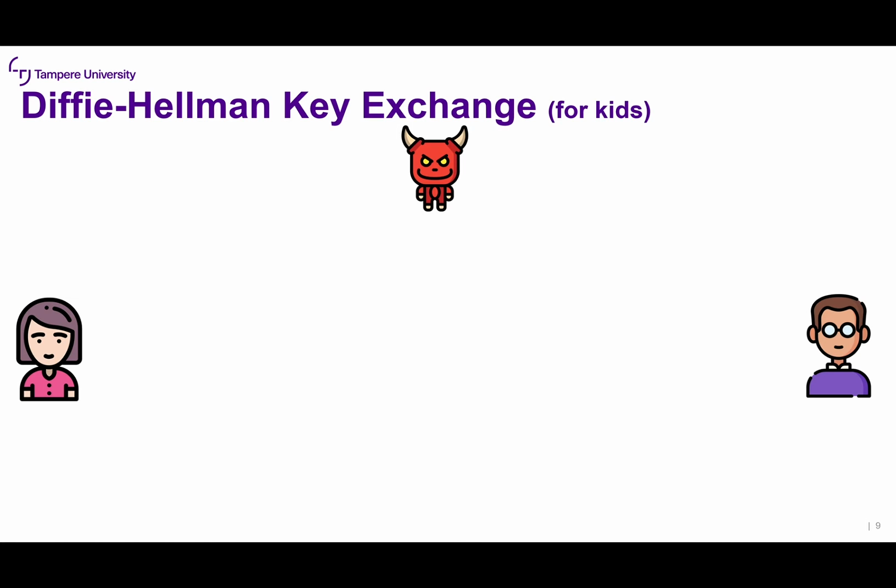Now the solution works as follows. First, Alice and Bob agree publicly on a starting color. Let's say, for our example, yellow. In reality, they agree on two colors, okay, like P and G, as we mentioned in the previous slide. But just to make things simple here, let's assume that they agree on one single color, which is yellow. Then Alice and Bob both randomly select private colors. So Alice selects red and Bob blue,